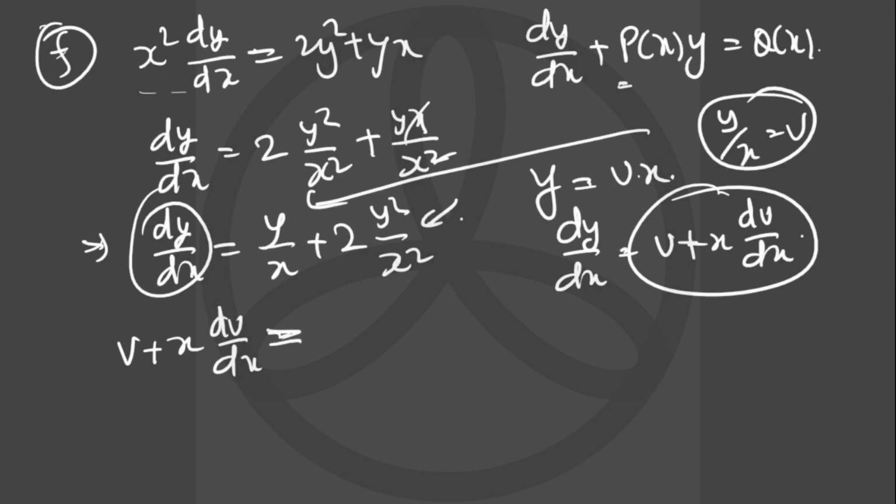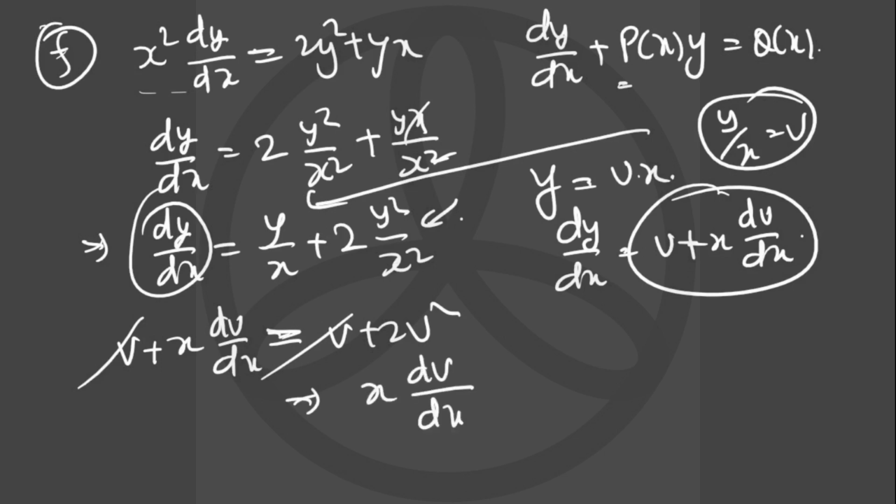On the right hand side we get v + 2v². This v will cancel with this, and we will be left here with x dv/dx = 2v². Okay, and now we can do a variable separable, but if it can be done beautifully, we have to